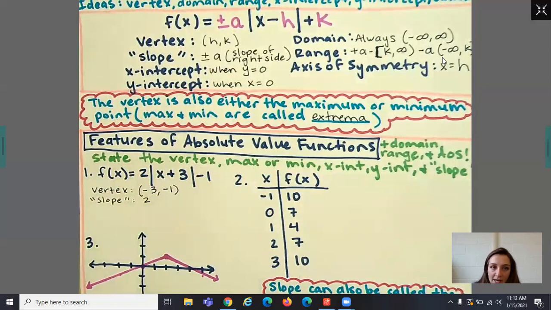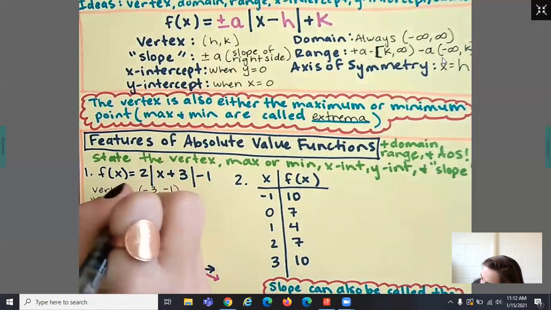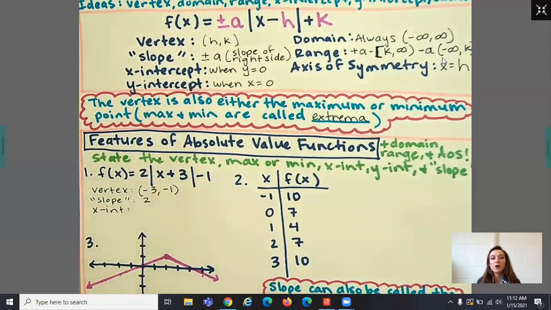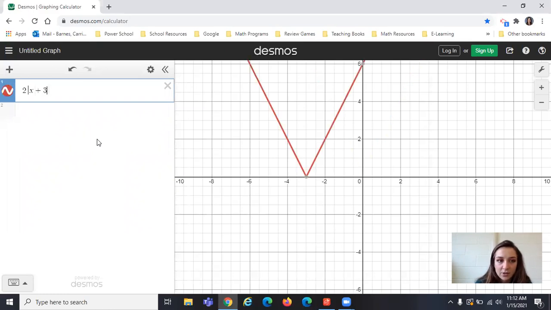Okay, let's look at the x-intercept and y-intercept. So for our x-intercept, this is going to be when y equals 0. But what we're going to do instead of solving for y equals 0, we're actually just going to use Desmos because you can use that on your final exam. So let's go to Desmos and we're going to type in this equation. 2 absolute value of x plus 3